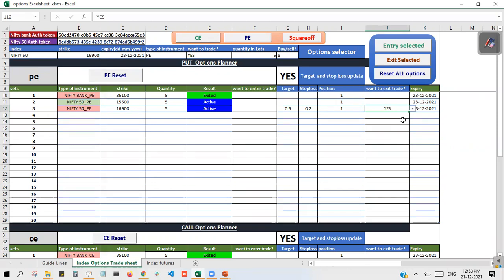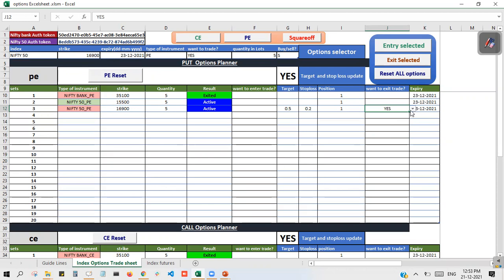But if the position hasn't been exited and you have placed the exit order, then this target and stop loss won't work. Now, I am taking this as an example, but the target and stop loss haven't been hit in that position.